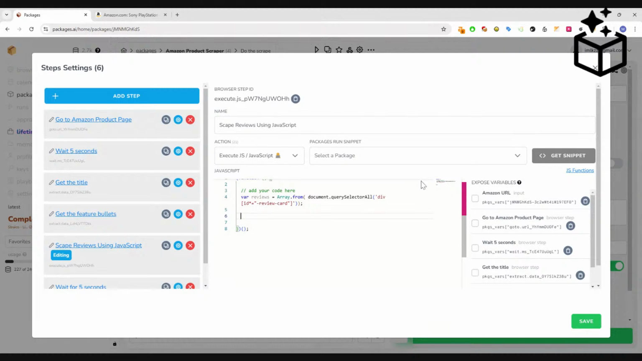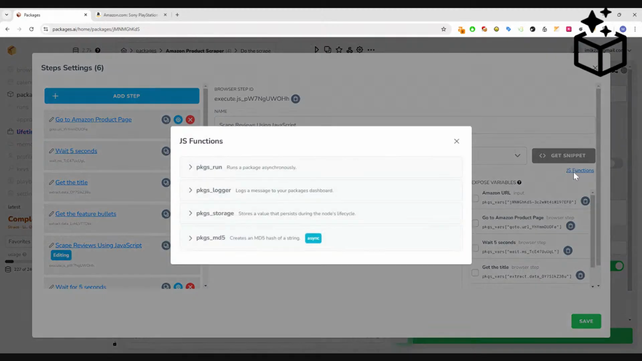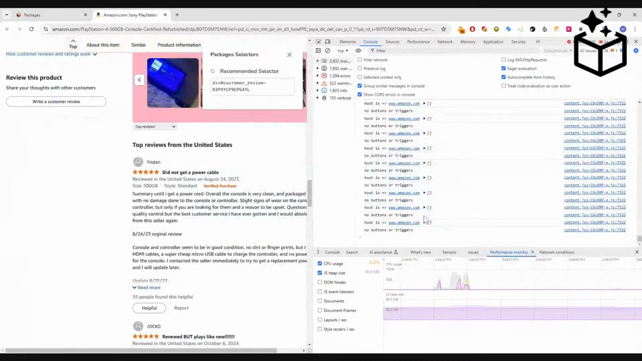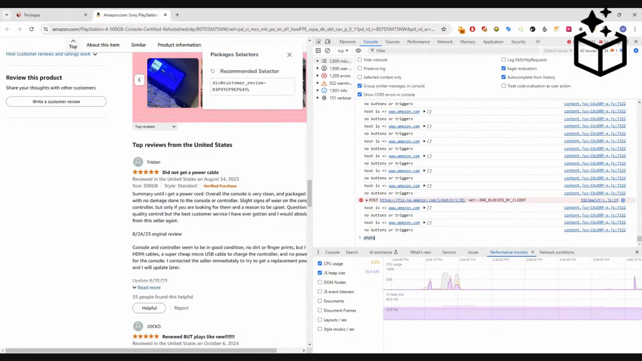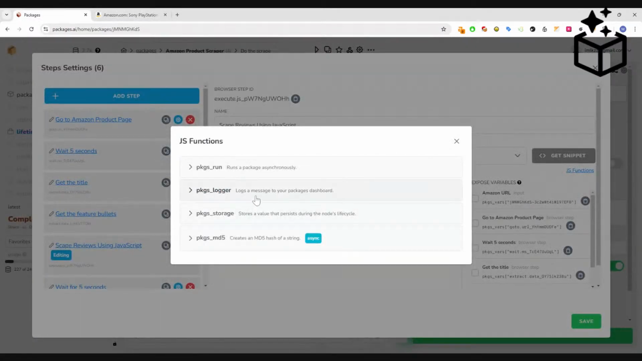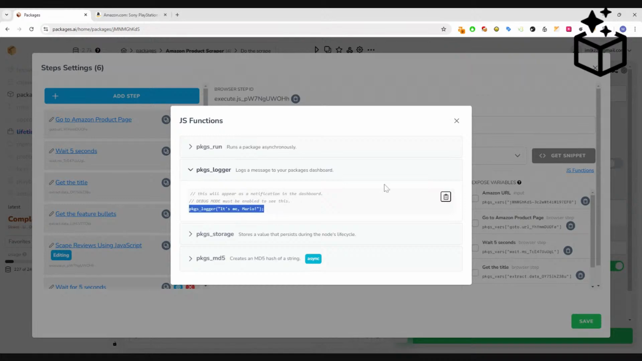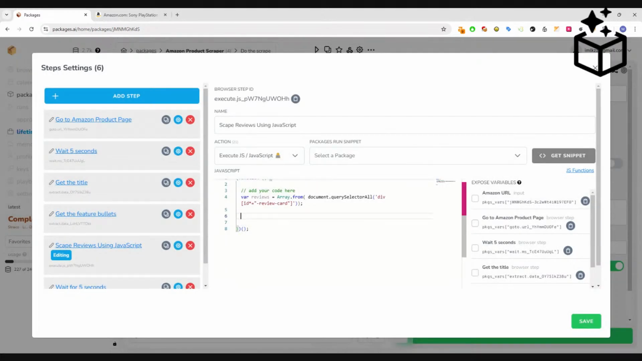And for any of the technical people here, because I know there's a few of you here, this JS functions overlay will show you some packages-specific functions that are available as you scrape the page. And this will run in the context of the browser. So it's like running commands from here. But I'm going to use the packages logger to tell me how many reviews it sees in real time. So we're going to say I see